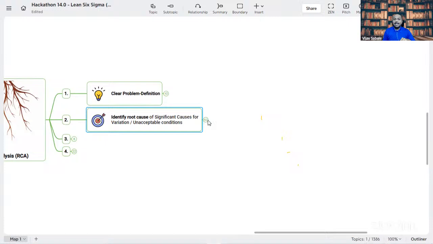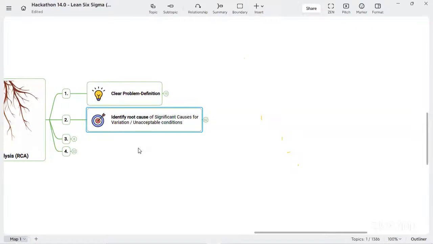Even if it is desirable, and you can extend the project timeline by a week or two if it is genuine, please do that, but don't compromise on the root cause analysis, right? Because that is ultimately going to decide the future and the benefit of your project. Okay, is it clear up to this point?